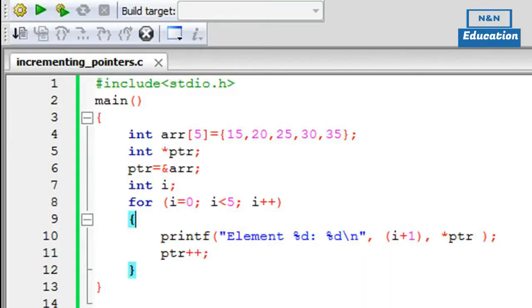This is the 58th tutorial in this course, and in this tutorial we are going to talk about arithmetic operations on pointers. There are a lot of arithmetic operations that you can perform on pointers. You can add two pointer variables, subtract them, multiply them, and you can even perform relational operations on pointers. That is, you can compare two pointers, but those are not arithmetic operations, and we're not going to discuss those in this tutorial.